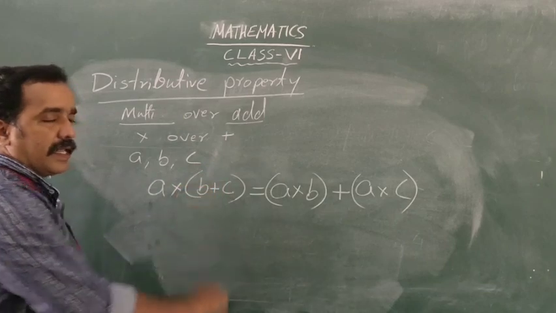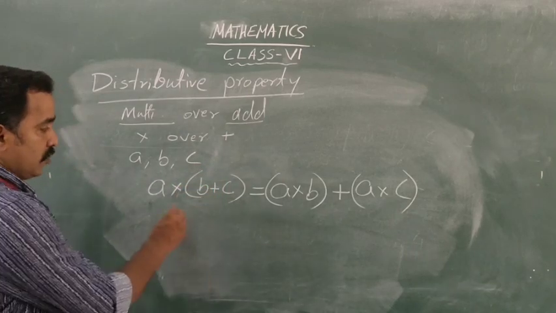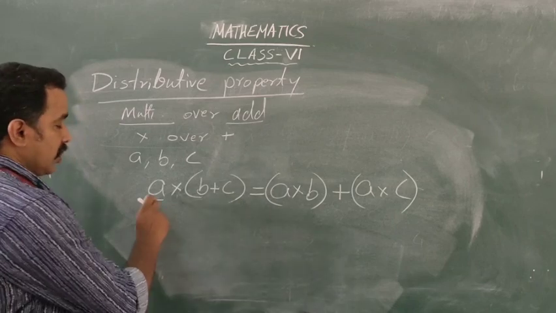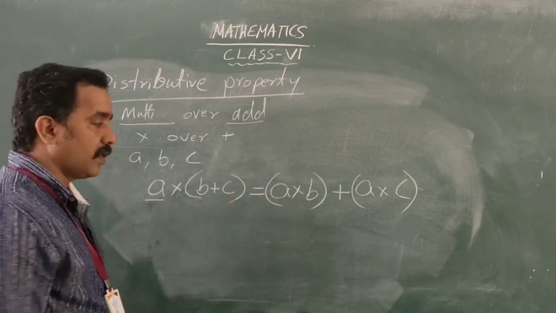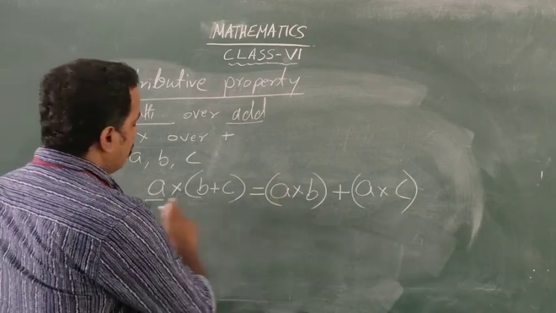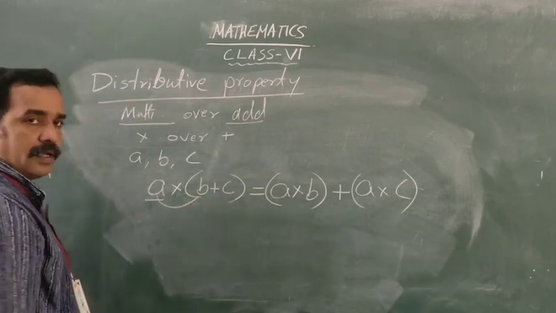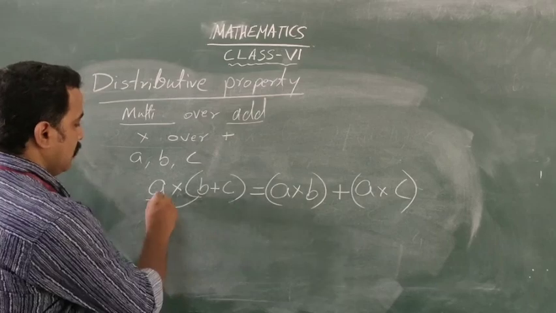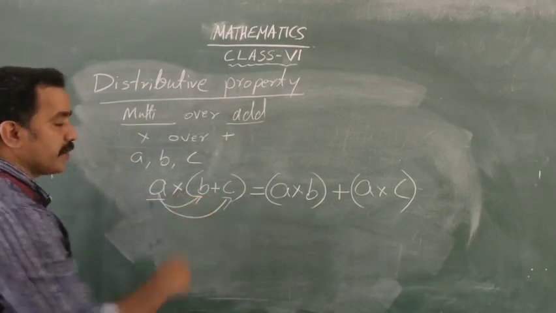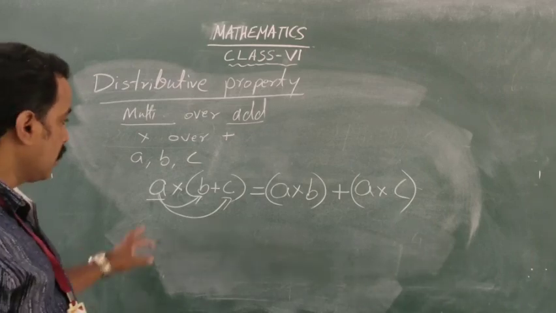A, B, C are any three whole numbers. You are multiplying A with B plus C. That is, A into B plus C will be equal to A into B plus A into C. Here, why is it called a distributive property? Because